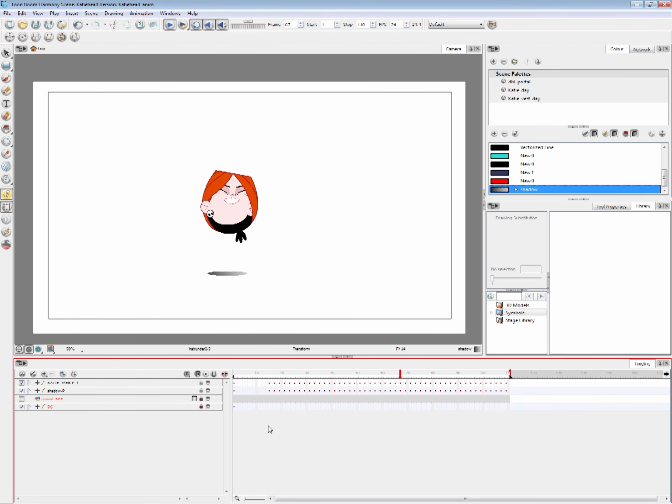I hope this has been somewhat helpful, or at least, in an introductory sense, showing you what Toon Boom can do. I'll make several videos for different skill levels. If you worked with Flash before, I can probably skip a lot of the explaining and just stick to the programming or what the software can do. But if you're just getting into animation, then I'll explain more of the fundamentals as we go also.